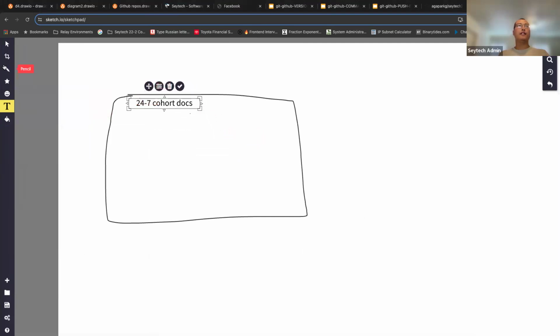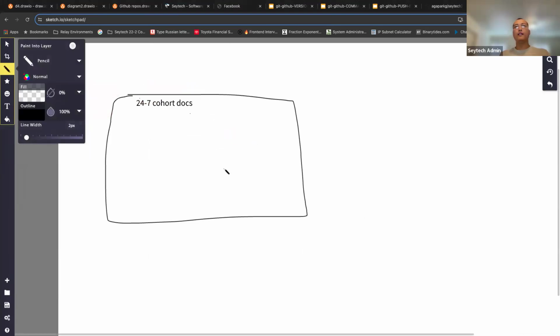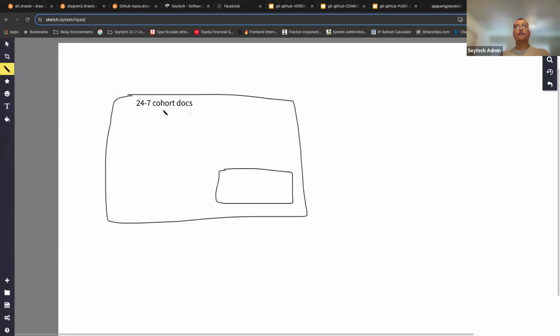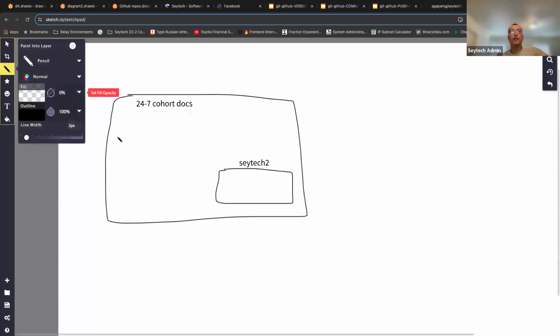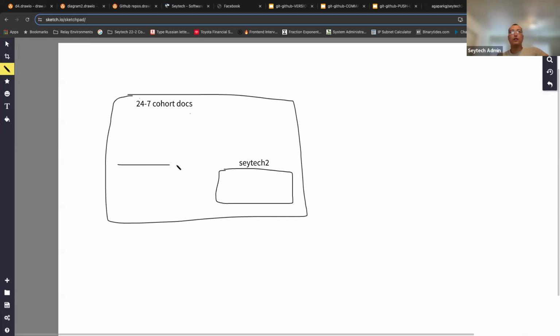And this guy right here is the SATEC2 folder, which is what? A GitHub repository. All right. So what I would like to do is come back to 24/7 over here, right? I will be cloning this project from the remote repository. I will be cloning this project right over here to the